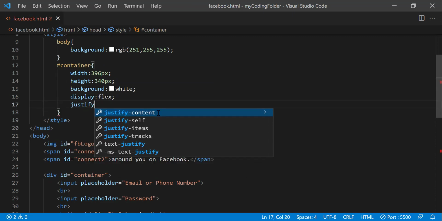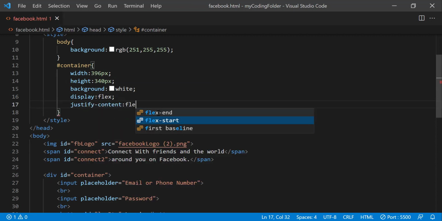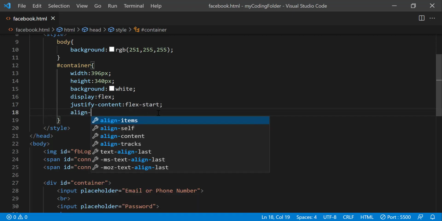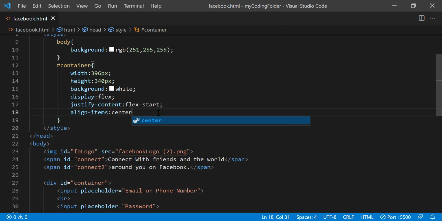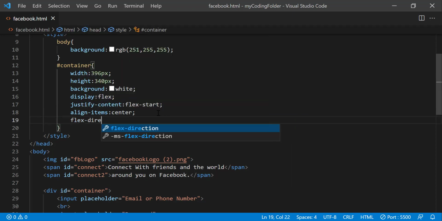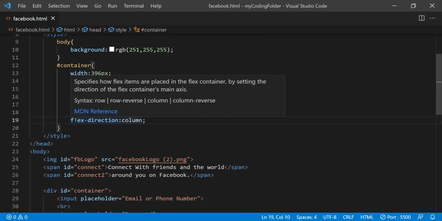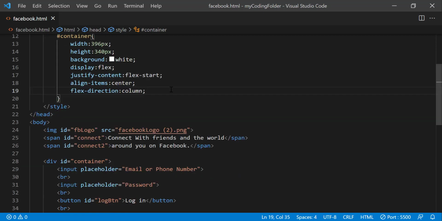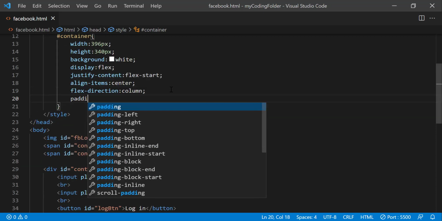justify content, select start, align items center, flex direction column. So basically what this line here is doing is that it's going to stack all the elements on top of each other. So it's going to be a vertical stack from top to bottom, and then you can do padding,